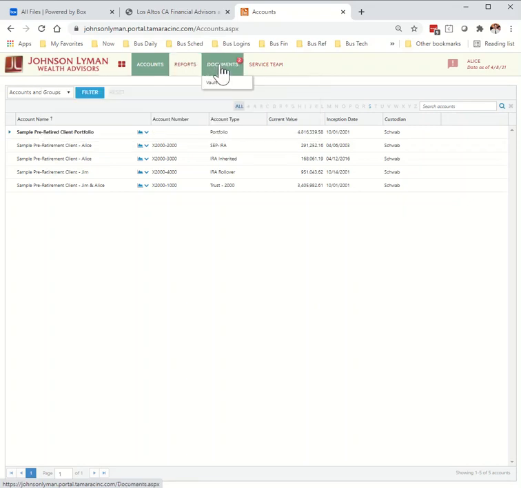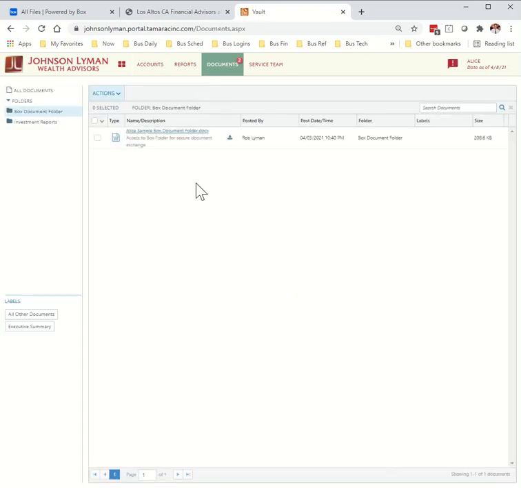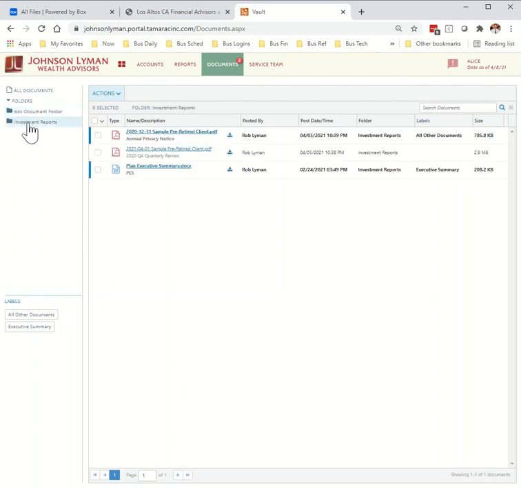Now, under the documents menu item, there is one item, which is the vault. This now provides integrated access to all of the ways we communicate securely with you as far as sending detailed information. On the left-hand side, you can see there are some folders here. We organize documents into two groups: investment reports. In the investment reports section, you'll find all of the documents related to your investments that we manage for you, including annual privacy notice, quarterly reviews, including my quarterly letter, and so forth. And then